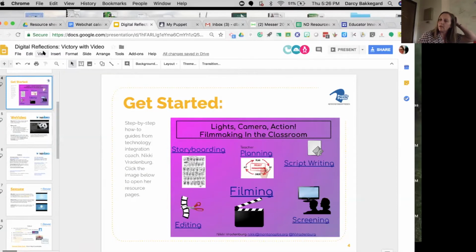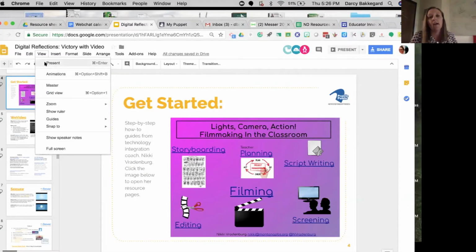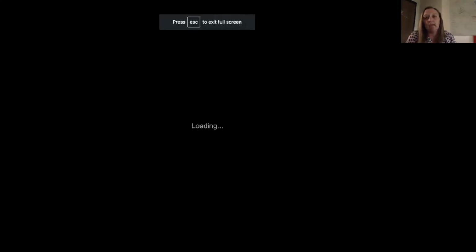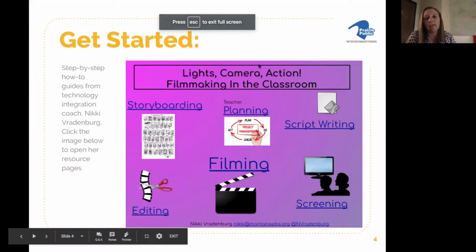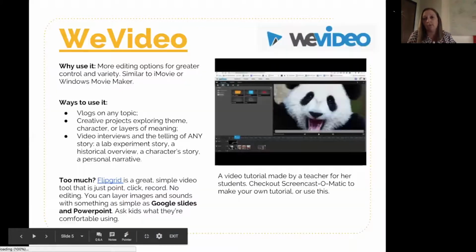Okay, so this is a Google drawing that has hyperlinks. Each hyperlink takes us to a Google Doc, which is a resource page.